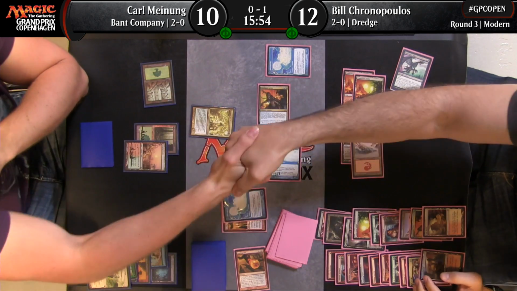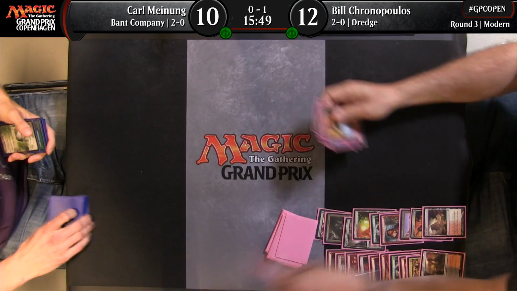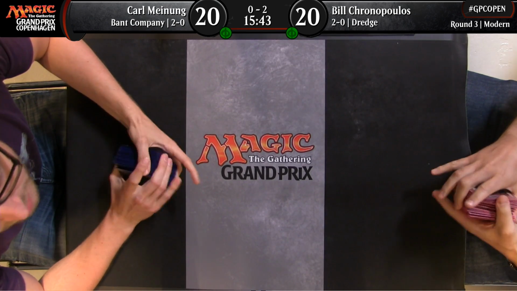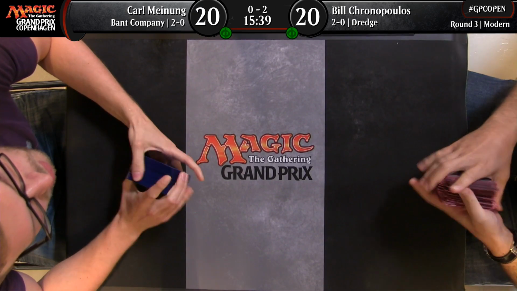And who said cycling Stinkweed Imp end of turn with 2 mana was too slow? There we go, Bill Chronopoulos. Another win for the graveyard-based deck over Bant Company this time. That was quite impressive by both of these decks. Yes, beating Scavenging Ooze